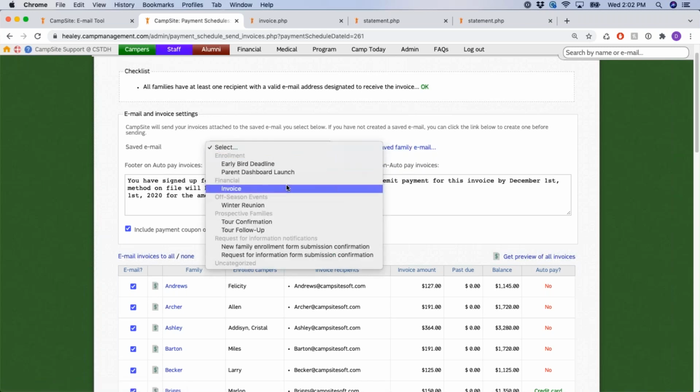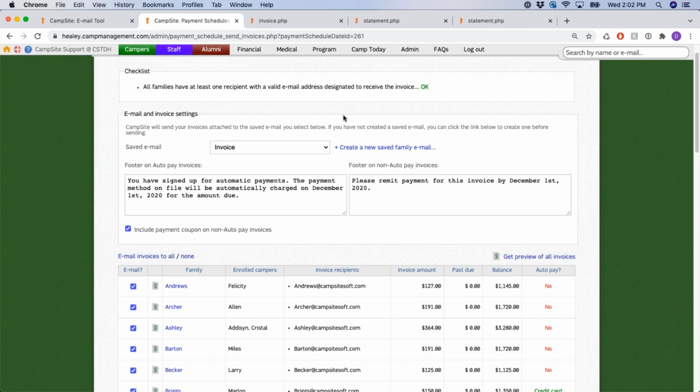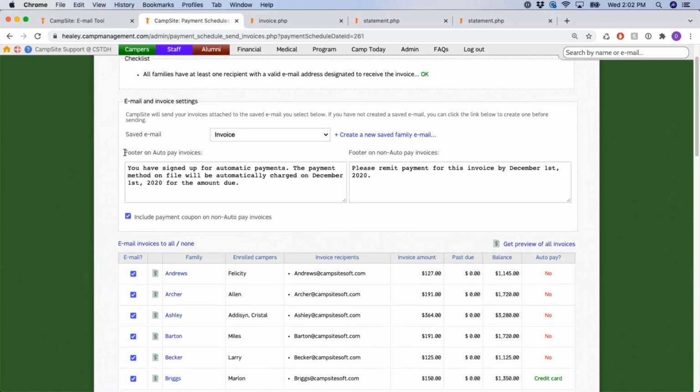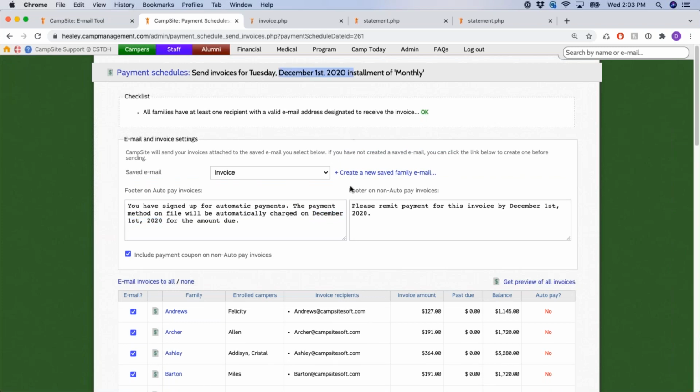In my database, we do have one called Invoice. So below that is where you can verify the footer on autopay and non-autopay invoices. This is generic language that will pre-populate into this section every single time you run this step. The only thing that updates automatically is the date field, as it will always coincide with the date of the